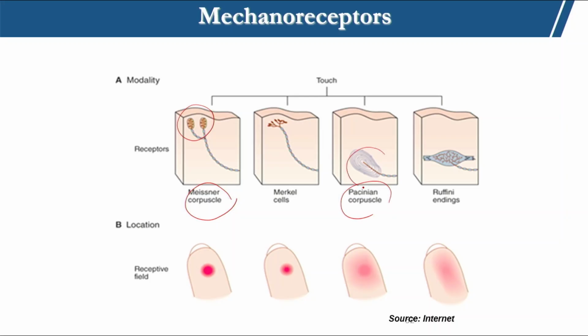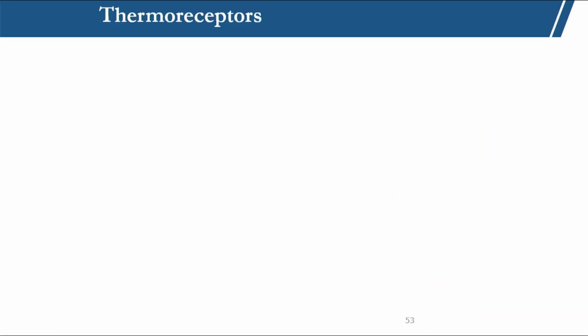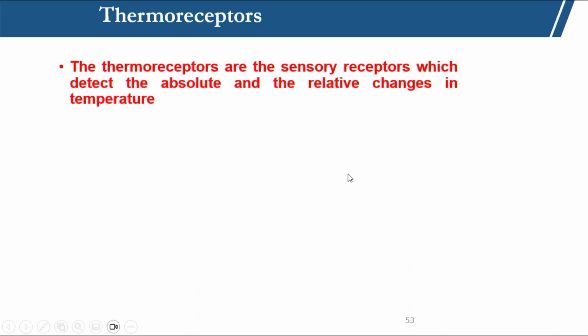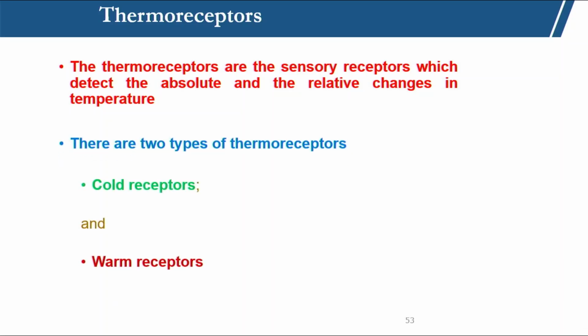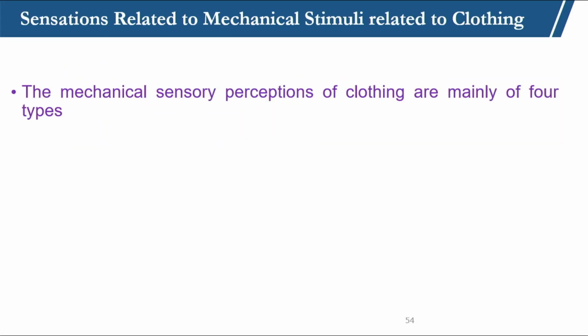Pressure sensitivity varies with depth, so it deals with pressure depending on the location. The receptors receive different signals, and thermoreceptors are basically of two types: one is warmth, another is cold receptors. These receptors are also subdivided into two: extreme cold and normal cold, and similarly extreme heat and normal heat.